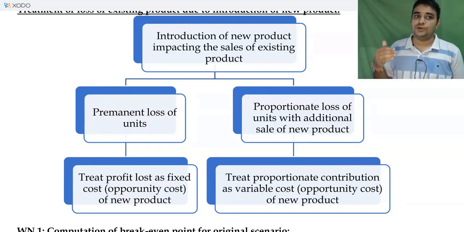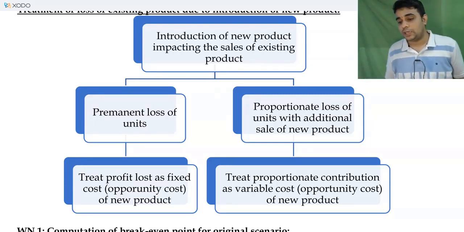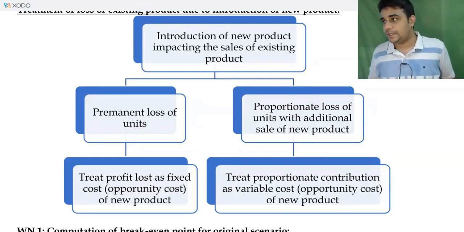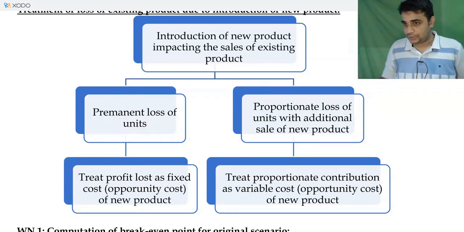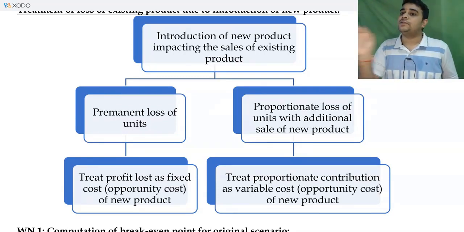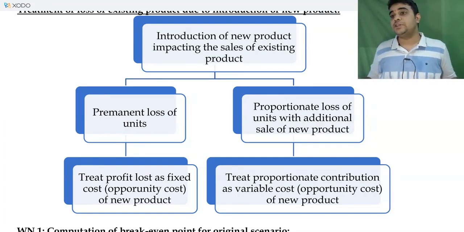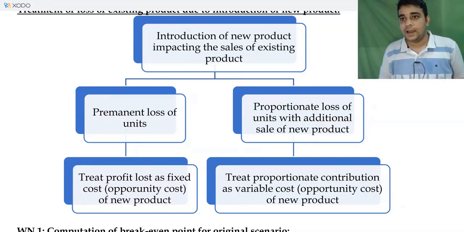So when you do this, you will have to consider that if the new product is going to give a profit of 50 lakh, let's assume, and the old product was giving a profit of 60 lakh, you are not breaking even with the new product. The new product gives you a profit of 50 lakh, the old product was giving you a profit of 60 lakh. The 60 lakh should have been treated as an opportunity cost in the calculation, and technically the new product gives a profit of minus 10 lakh, which means no break even. It is yet to even attain break even.